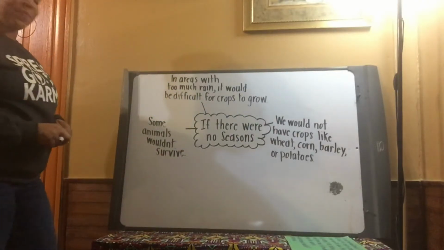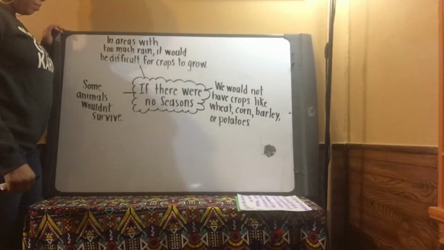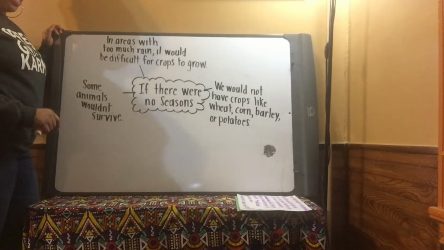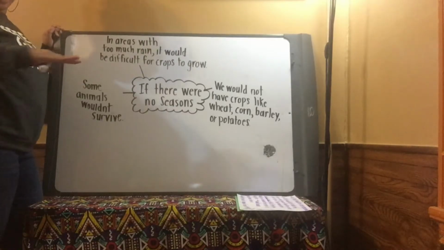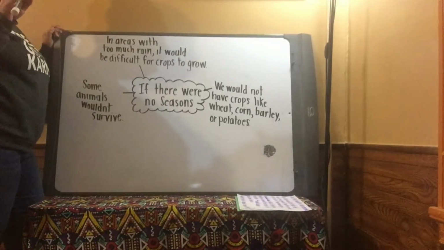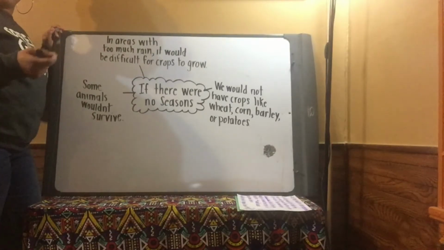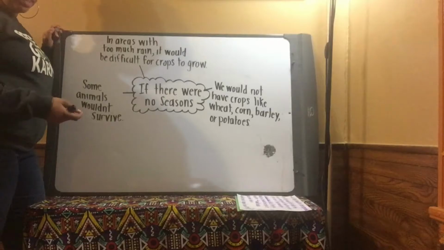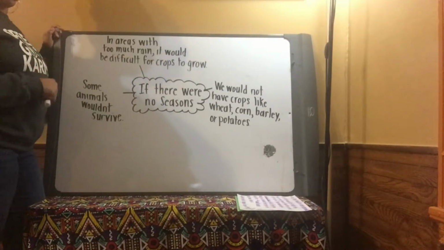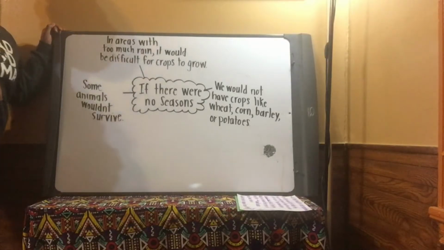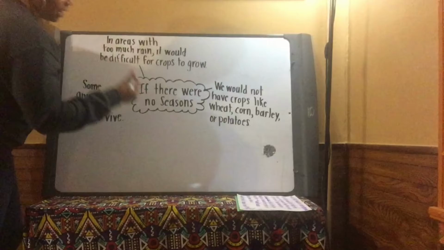Okay, Bo? The next thing that I learned is that if we didn't have seasons, the earth would get colder as we moved away from the center of the earth, and it would be warmer towards the center. So that means in some part of the earth, there would be winters that lasted all year round. And I learned that some people wouldn't be able to survive those winters. I'm going to add that to my web chart.